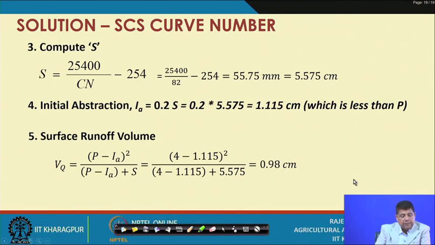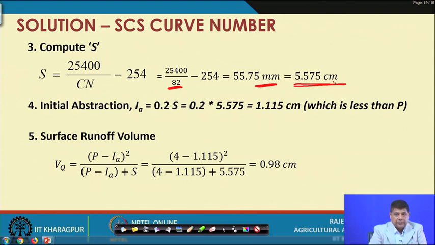So, once we know the curve number, we can use this equation relationship. Our precipitation is given in centimeters, so we can use this equation. This will give us the value of S, where the curve number calculated is 82. The value of S will be in millimeters, or we can express it in centimeters, that is 5.575 centimeters, and